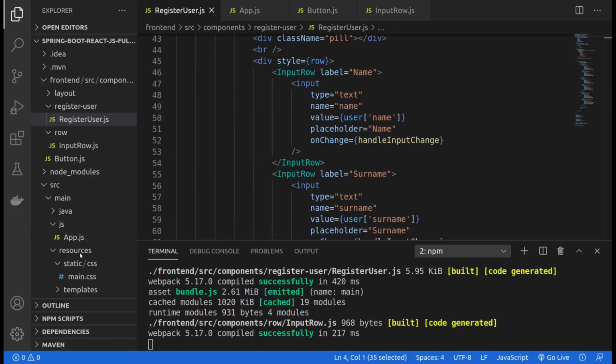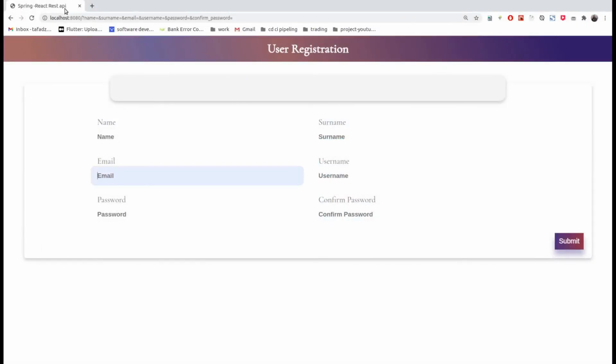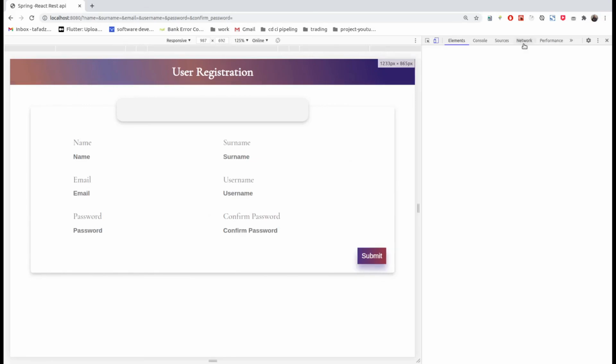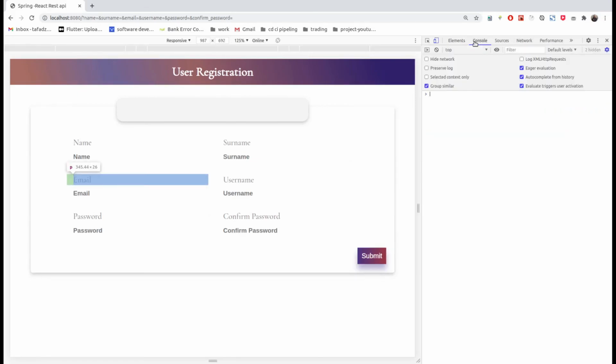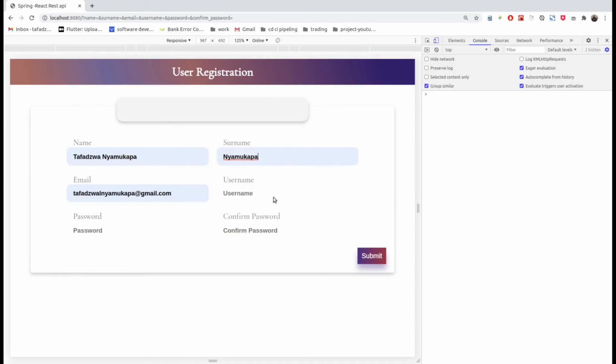So let's simply go ahead and test this out. We go to Google Chrome, and then I will refresh my page. Once I've refreshed my page, you can see that we have our nice submit button here at the far right. Let me simply inspect just to make sure that we do not have any errors. As you can see from my console, we no longer have errors. So now I can input the name, the surname, the email, the username, then the password. I will input the password again. If I quickly say submit,